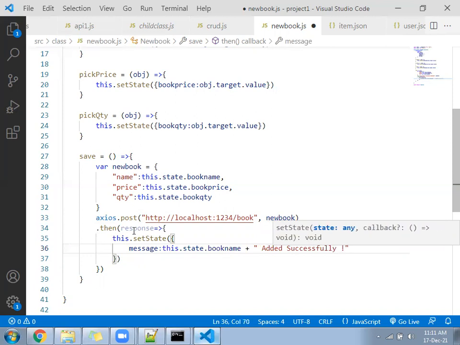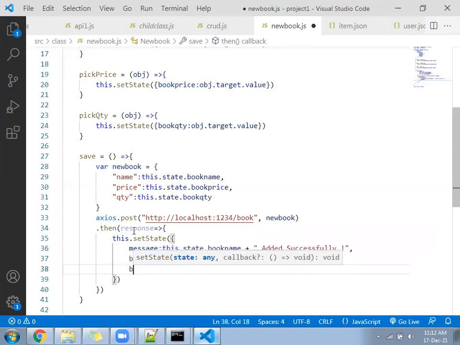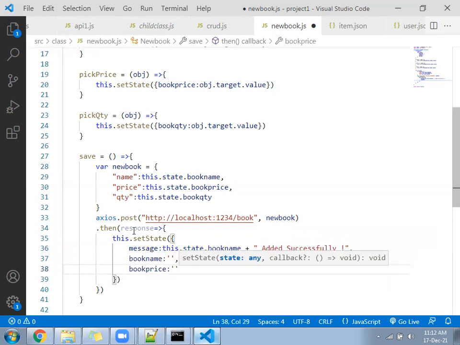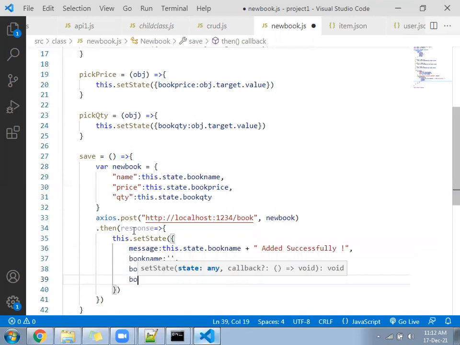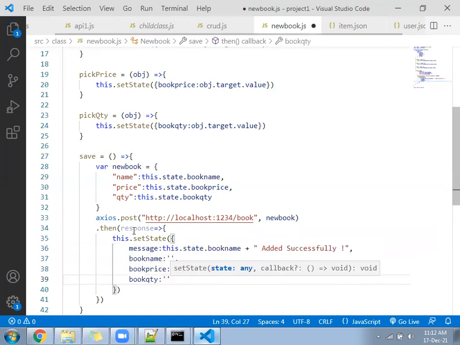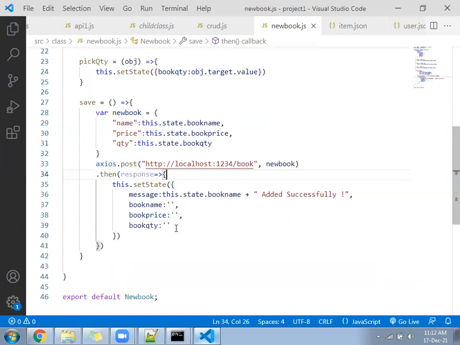After that, comma book name colon empty string, book price colon empty, book qty colon empty. Name, price, qty, book name, book price, book qty.